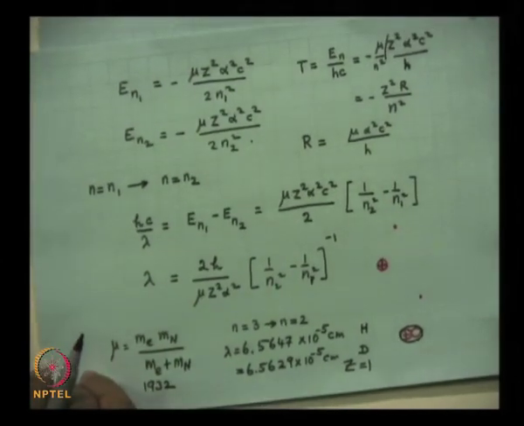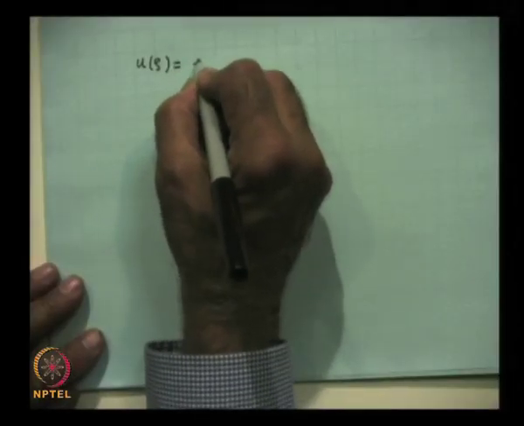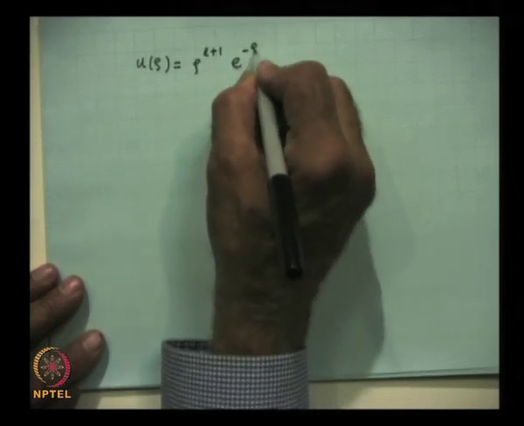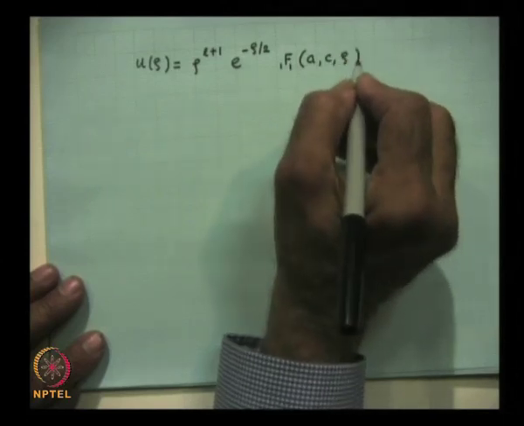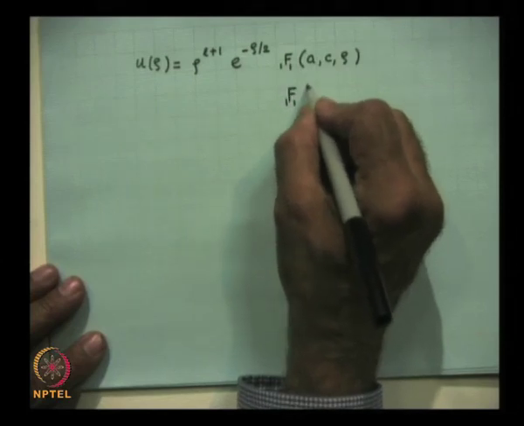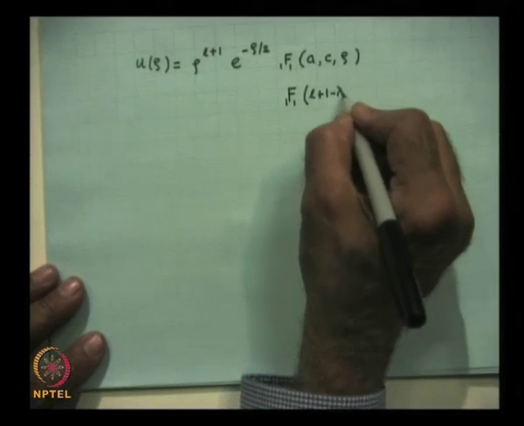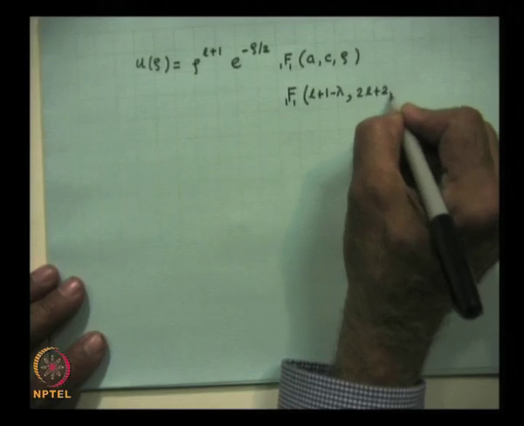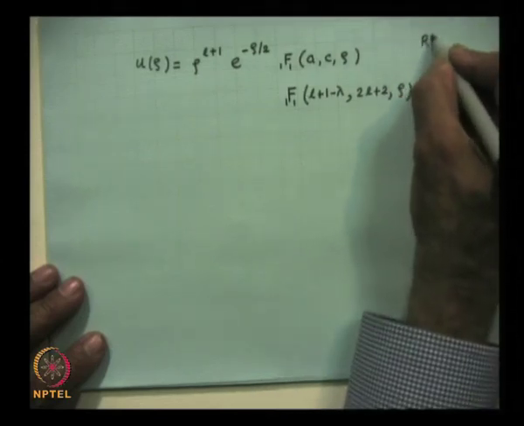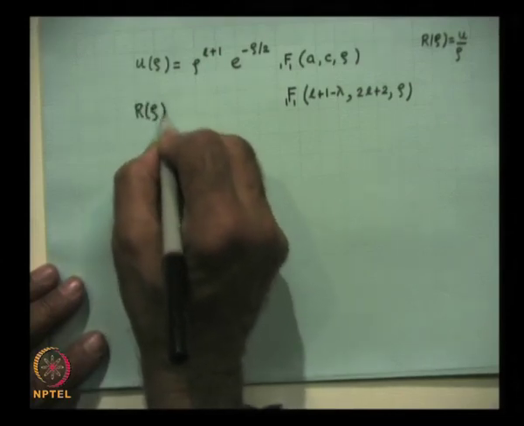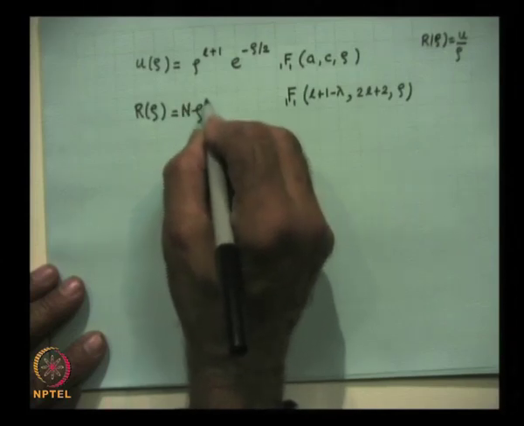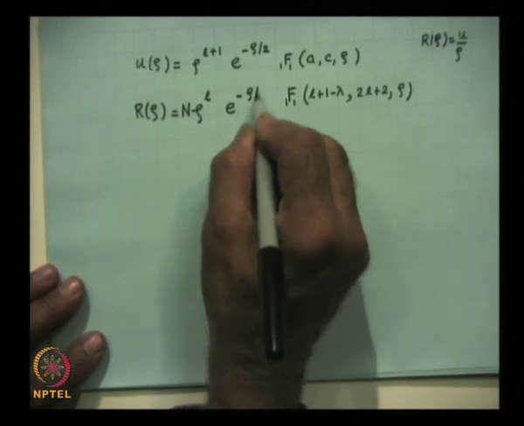Now, we go back to the radial part of the Schrodinger equation, and we have u of rho as rho to the power of L plus 1 e to the power of minus rho by 2 F 1 1 of a, c, rho, and a was equal to L plus 1 minus lambda, c was equal to 2 L plus 2, and this is rho. You may recall that R of rho was equal to u of rho by rho. So, the radial part of the wave function was equal to a normalization constant, rho to the power of L e to the power of minus rho by 2, times the hypergeometric function. This is the rigorously correct wave function